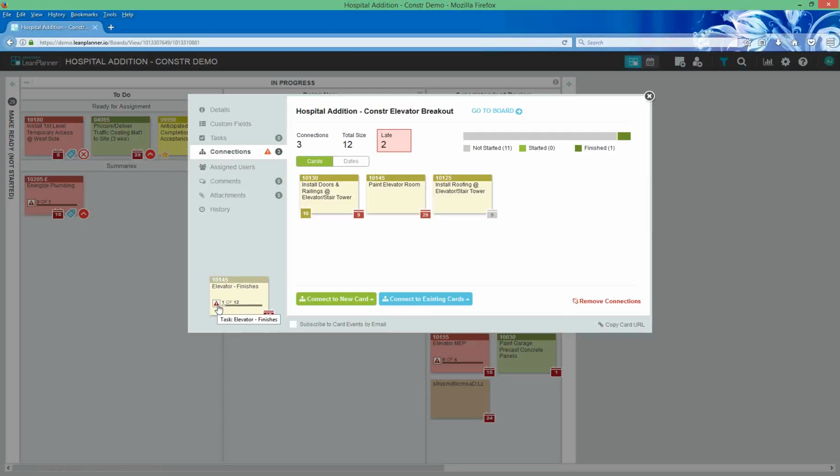So if your milestone is set to finish on March 1st, but you have a child card that is set to finish March 5th, then the software is going to tell you there's a discrepancy here, and give you that visibility.